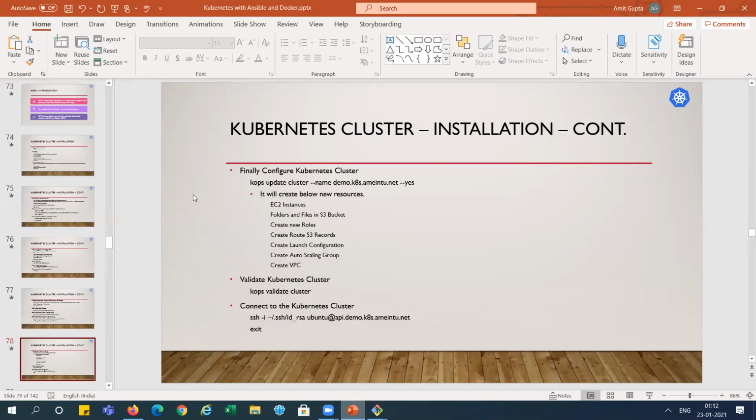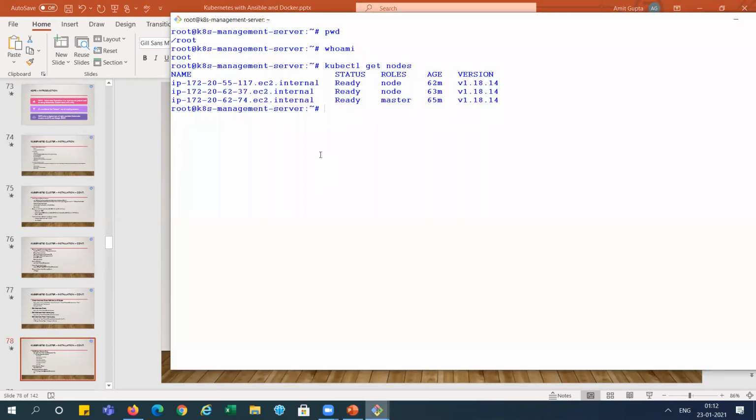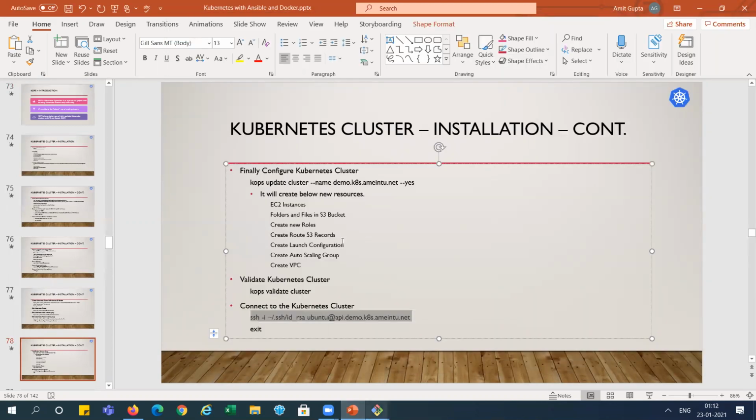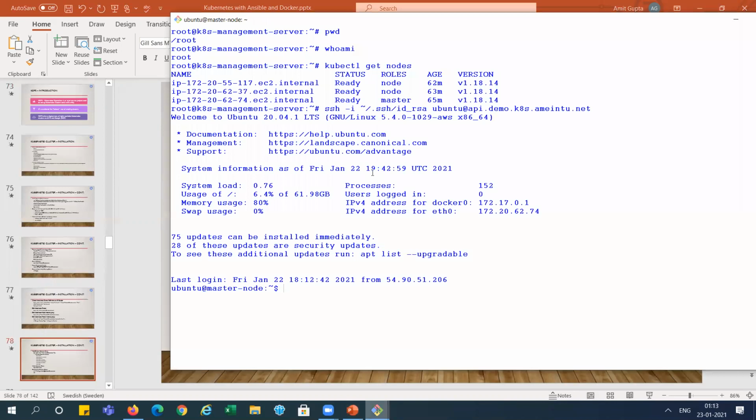You can see here, I have written the command to connect to the Kubernetes cluster from the master cluster. I'm copying this command directly from here and going to this management server. It's not copied. Copied. Yeah, it is copied.